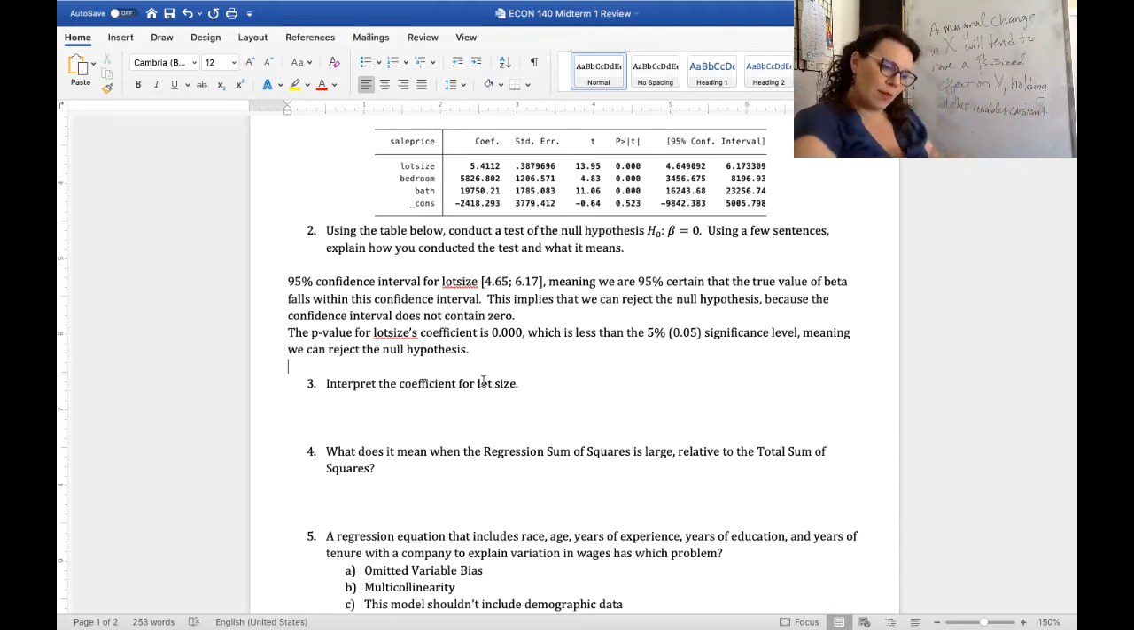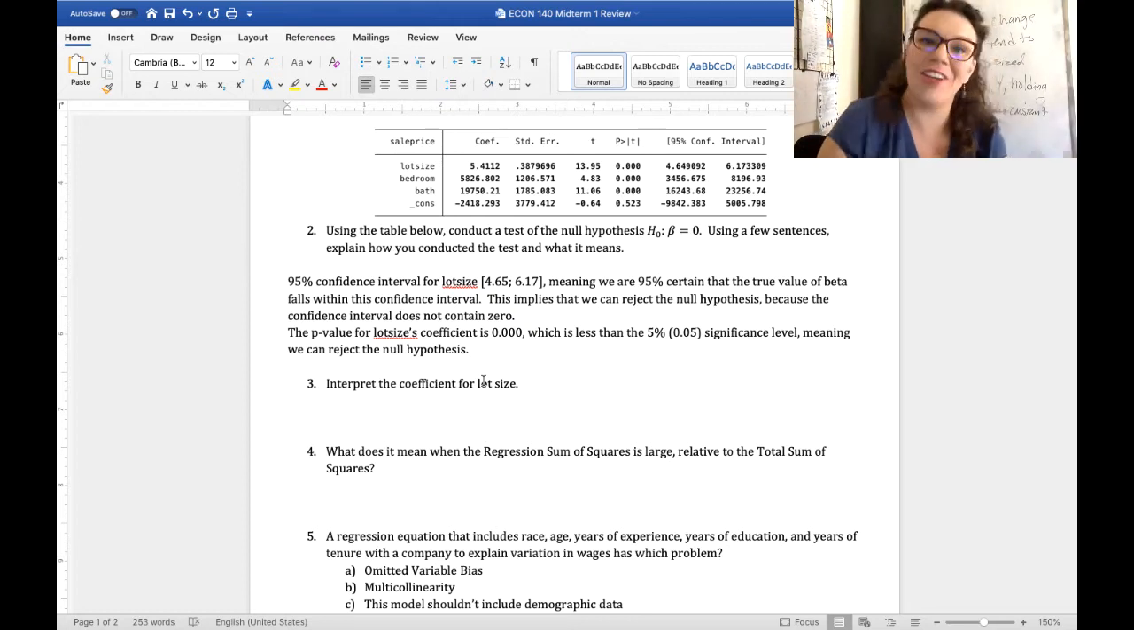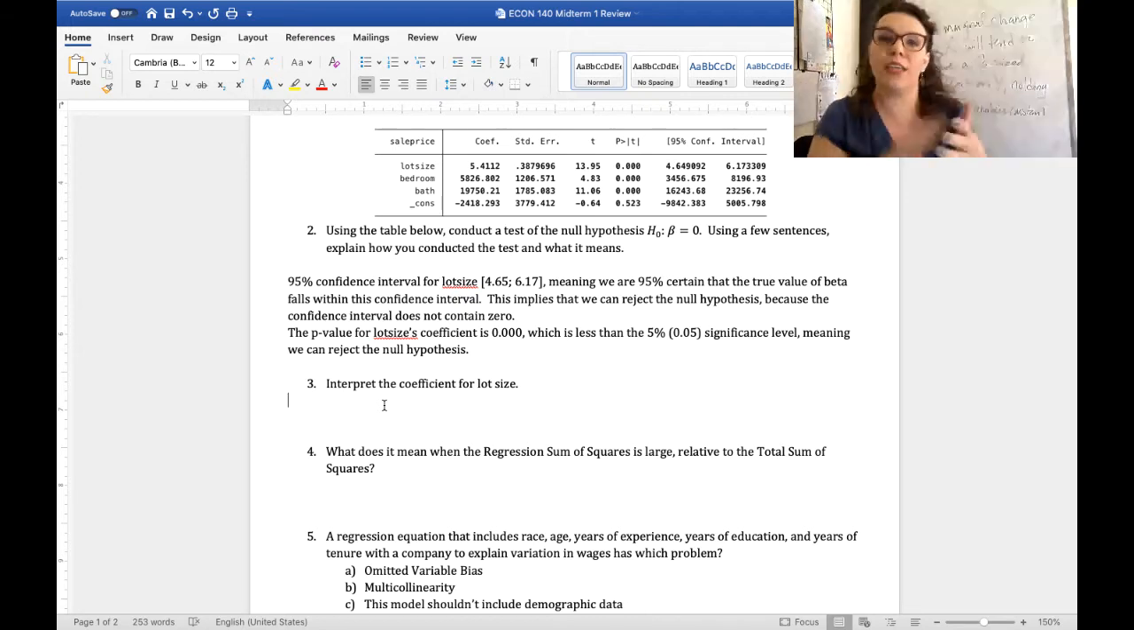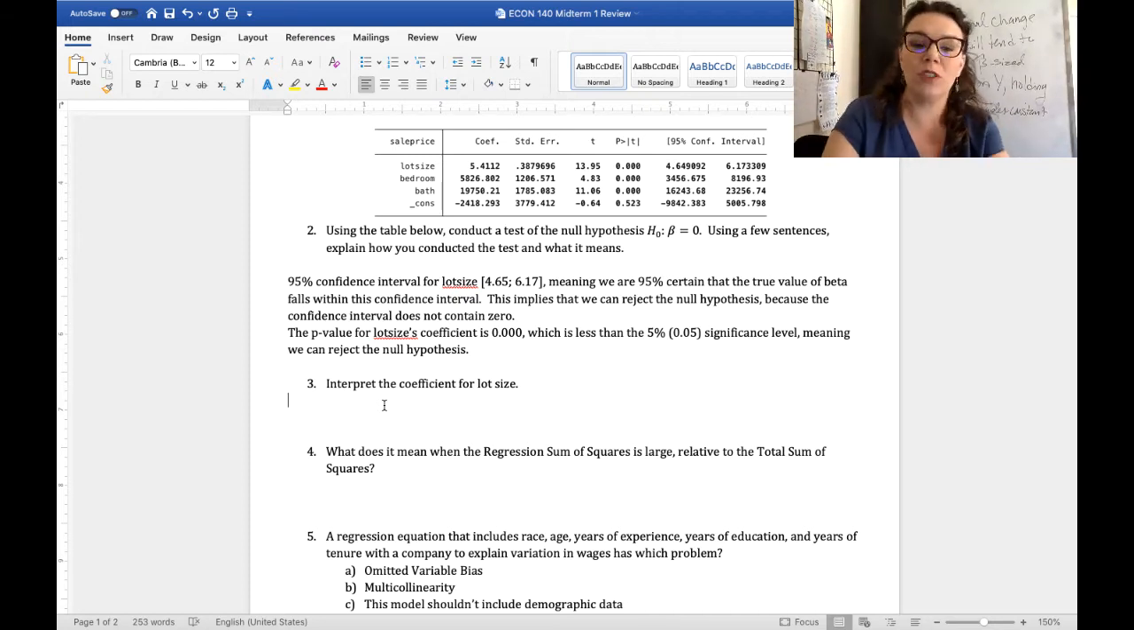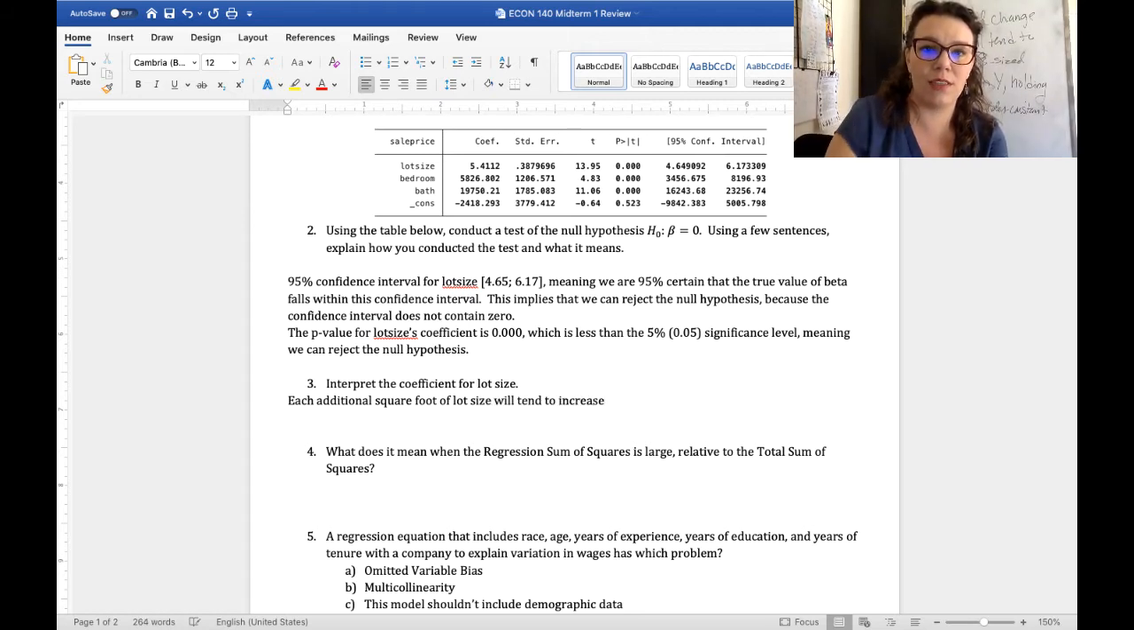Okay, so what does that mean for our understanding of the coefficient for lot size? Well, we could say a marginal change in lot size, or we can get more specific. There's more than one way to say this. I just give you this sort of format. So more specifically, we can say each additional square foot of lot size will tend to increase, because it's positive, the sale price of a house by $5.41,